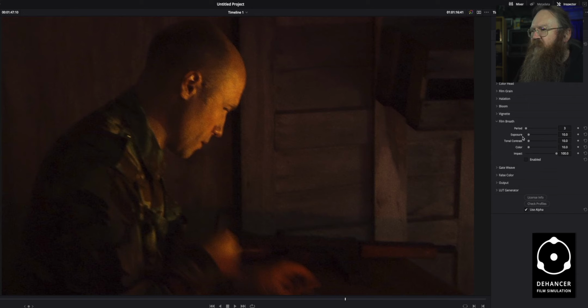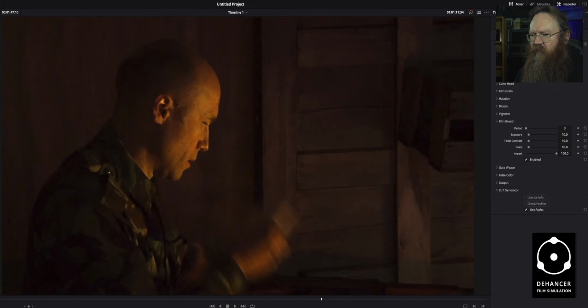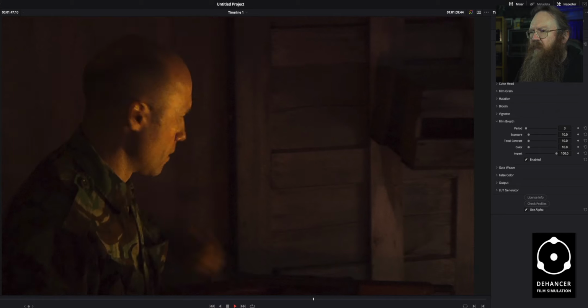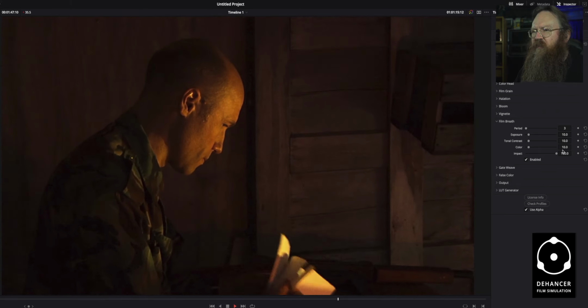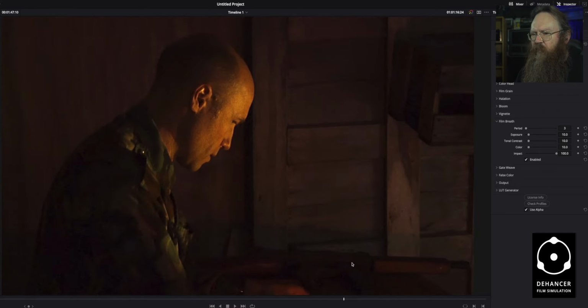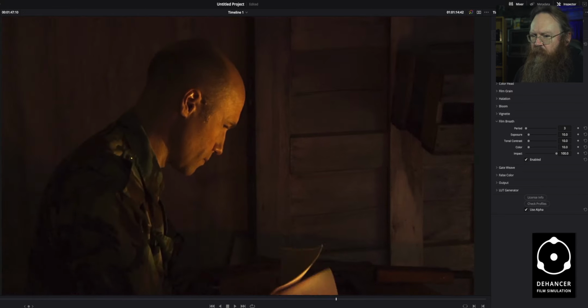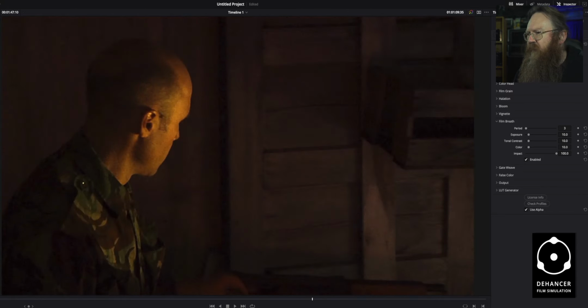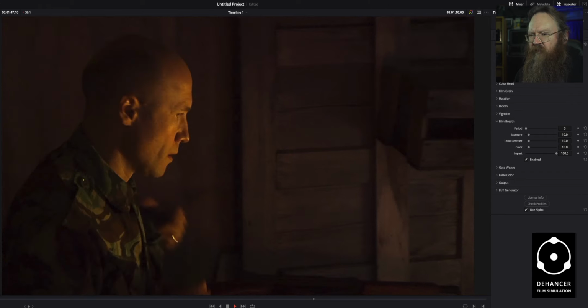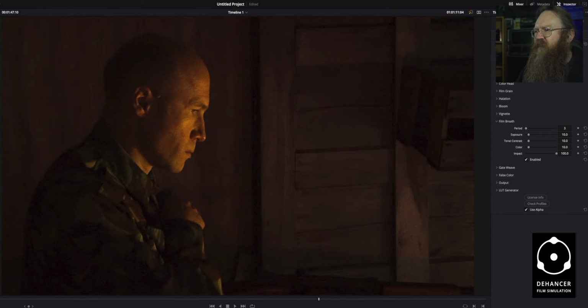Film breath. Now this is an interesting one because it's something that works over time. So if I just bring the head back to earlier in that clip and then play that, what it is is that the footage is moving around and it breathes in and out. You can imagine the breathing being sort of what the camera is doing and moving around. It had to do with physical cameras